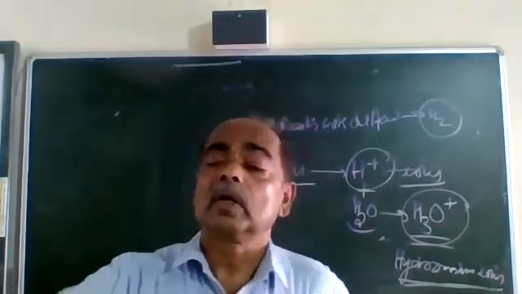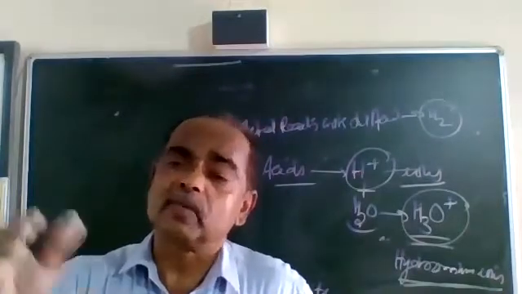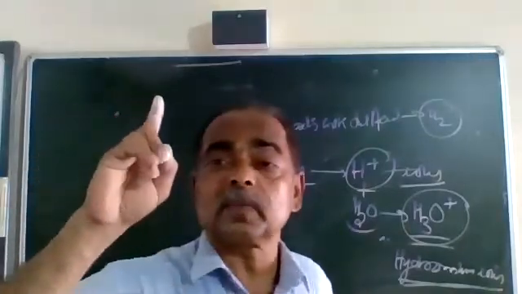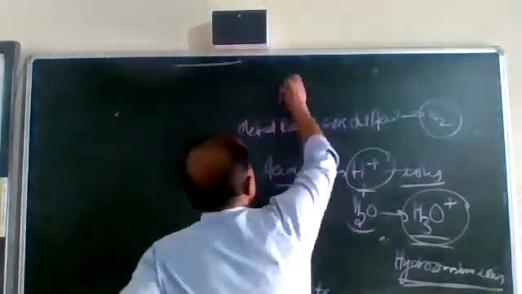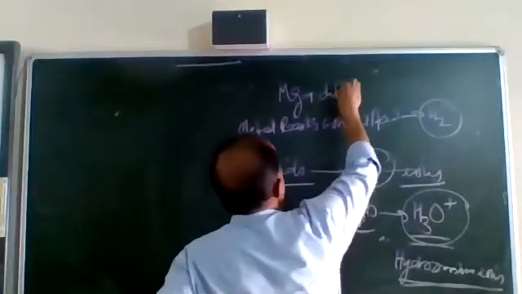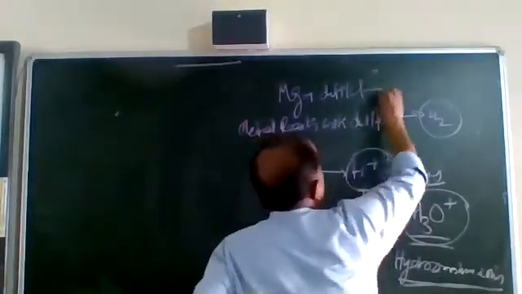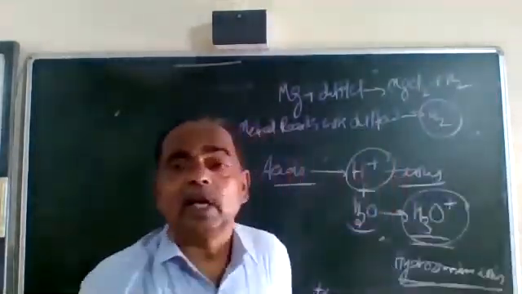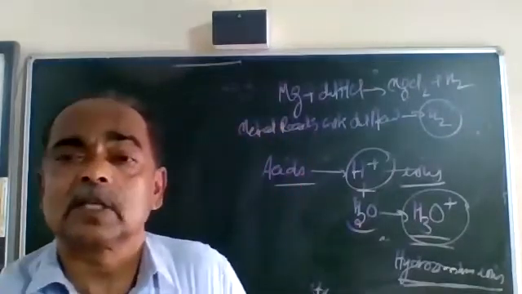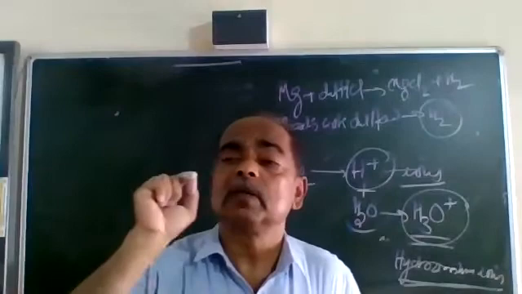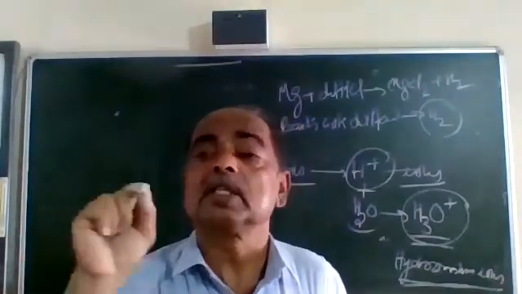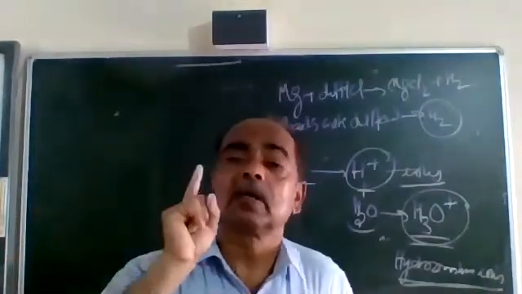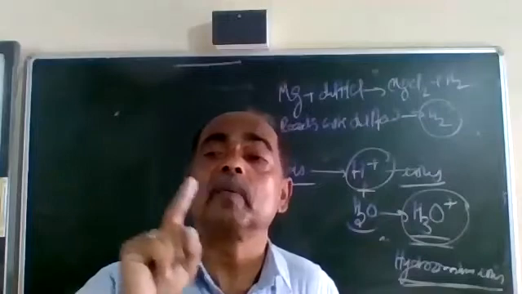Now remember, not all metals do this; certain metals we will be studying slowly. Remember the displacement reaction. When Mg is put into diluted HCl, we get magnesium chloride and hydrogen gas is released. Magnesium is a more reactive metal that has displaced hydrogen, therefore it is an acid. Clearly, acids are compounds from which hydrogen is displaced by a metal.